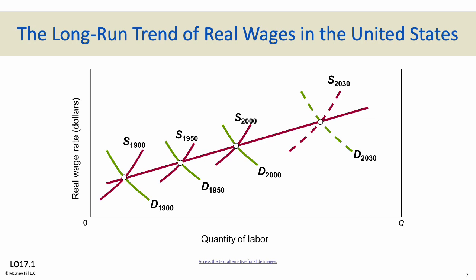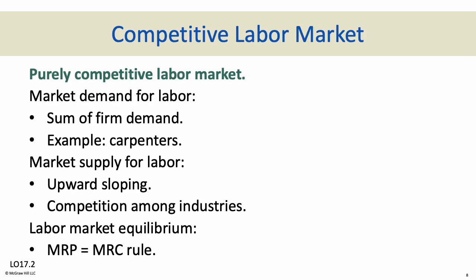And this figure demonstrates the trend in supply and demand of labor since 1900. So even though supply has gone up, it is not going up as much as the demand for labor. And as a consequence, wages are trending upwards. So in a purely competitive labor market, meaning that you have pure competition, jobs have to